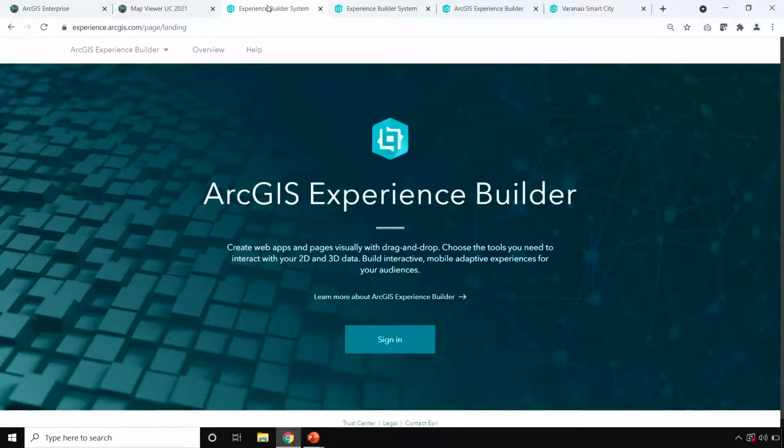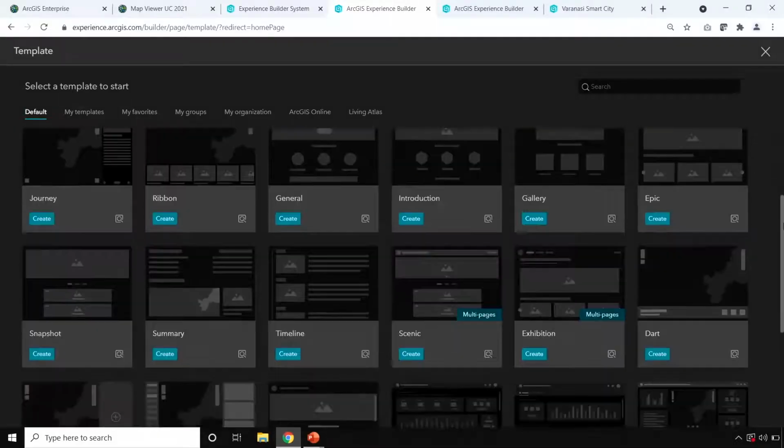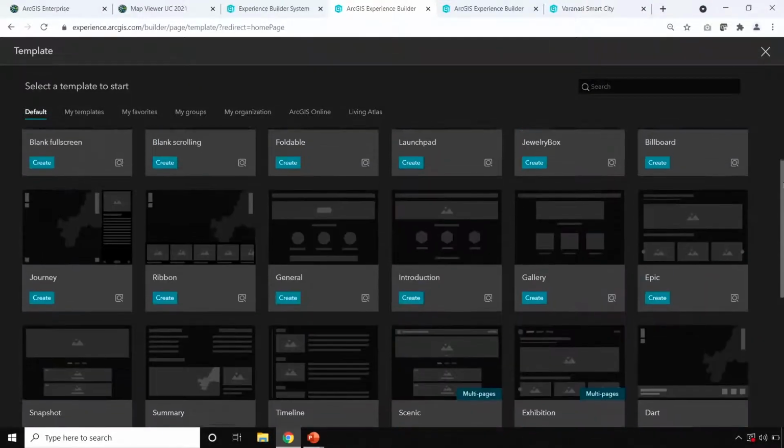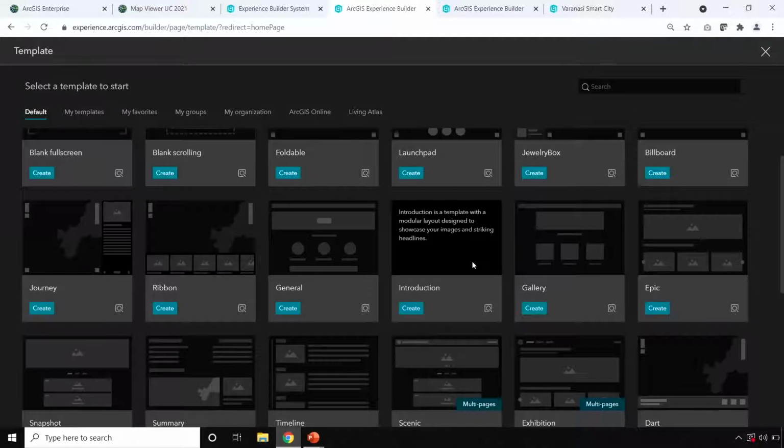ArcGIS Experience Builder is a new way of creating applications. It empowers you to quickly transform your data into compelling web apps without writing a single line of code. You can build map-centric or non-map-centric apps with the help of fixed or scrolling screens. So let me show you all the widgets that are available for us. If you could see, there are various widgets that are available by default. You can quickly make use of them to configure an application.